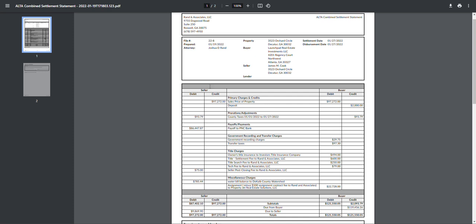So you have two sides, well, three sections. You have the seller section on this side. You have the middle section, which is going to be identifying certain things that need to be paid for, or